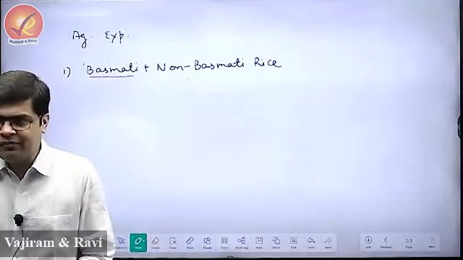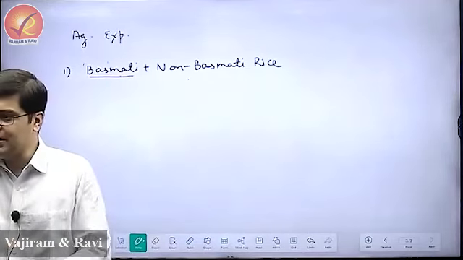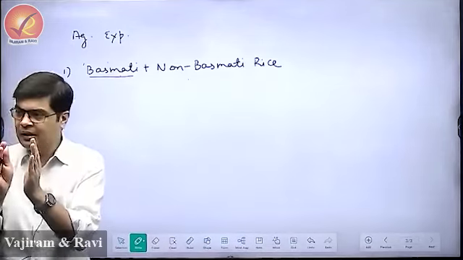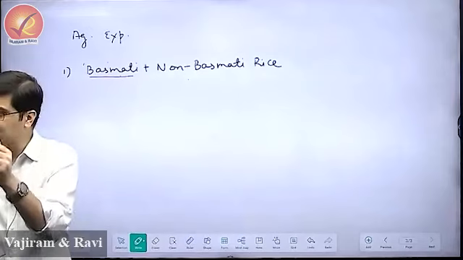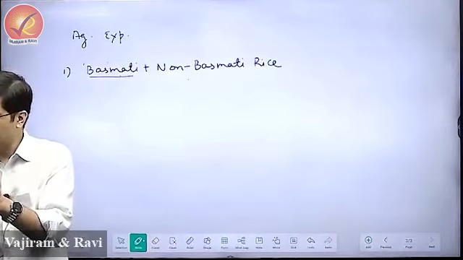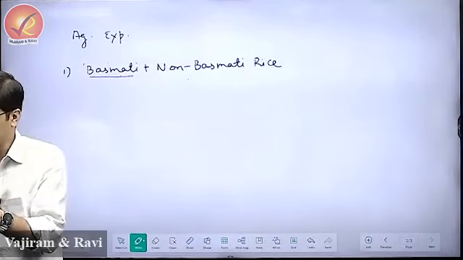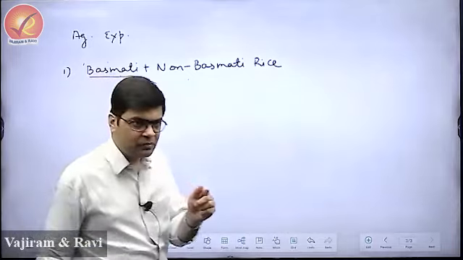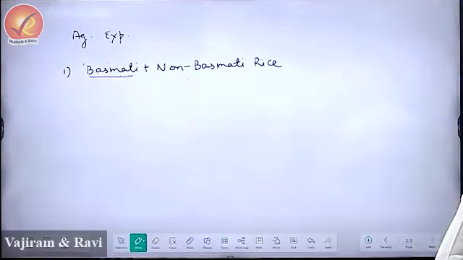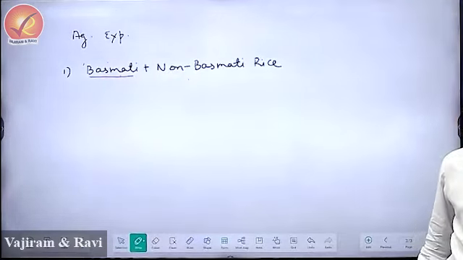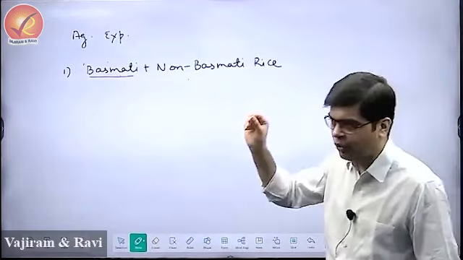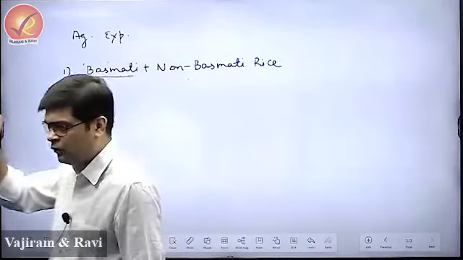See, suppose I am cultivating paddy. Paddy means the rice grain which is covered in a layer of husk. Now, when I go for milling, if the grain is not very strong, when I remove this husk cover and when I remove the bran layer, some of the rice varieties will break into pieces. Those pieces are known as broken rice. That broken rice is not used for human consumption, but it is used as poultry feed, and it is also used for making ethanol. Okay? So it is used for making ethanol, and it is used for making poultry feed. So in 2022 the government says we have a program of 20% ethanol blending by 2024, 2025.